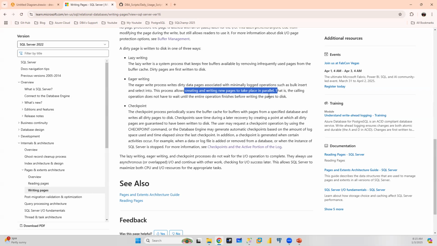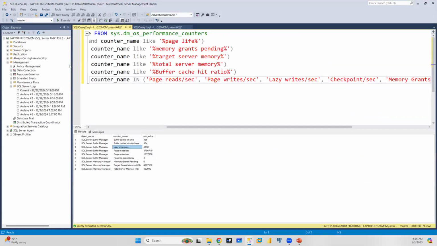Especially, sir, when you go for bulk operations, it means you are performing massive transactions. There are two things: either you are writing or you are reading. I told you, either read or write. Two operations. Reads are something different, so no worries, but writes are very important. When you are writing something, you need pages to write, right? So when you are performing bulk operations and your recovery model is bulk logged, again I'm repeating,